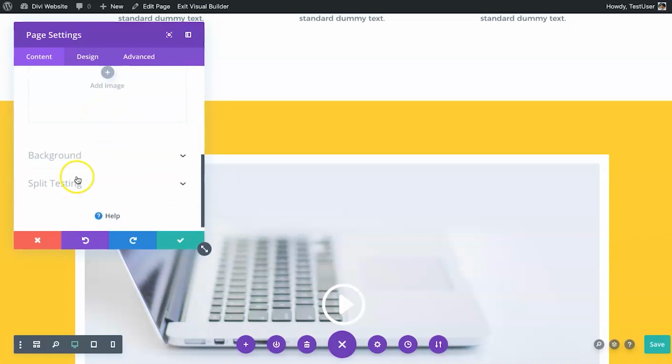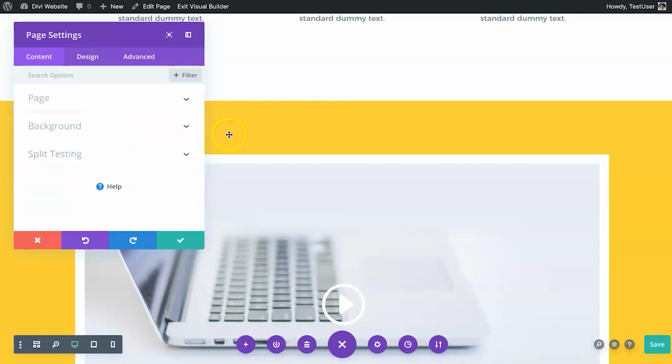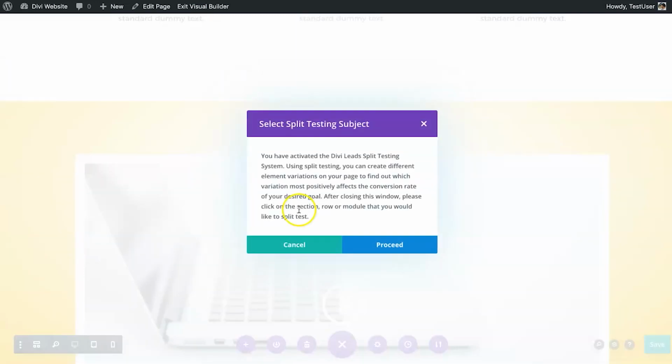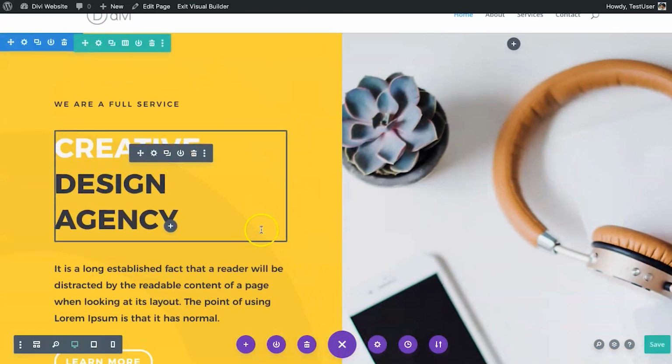There is also a split test feature. It's okay. It's not, I believe, the most polished. I'm not going to talk about it in this particular video because I personally don't use it enough. But it is there if you ever wanted to play with it. What it does is it gives you certain functions that you can split test. Say, if you wanted to split test the title, you can do so there, and it's going to give you